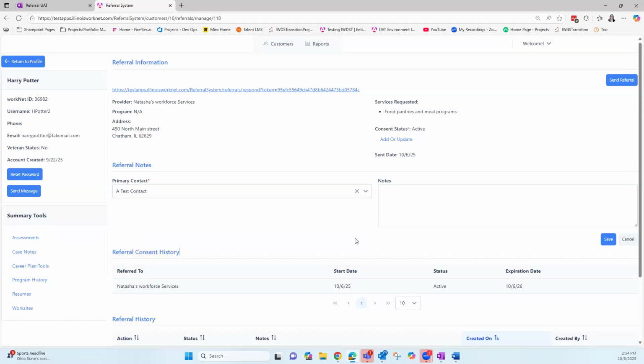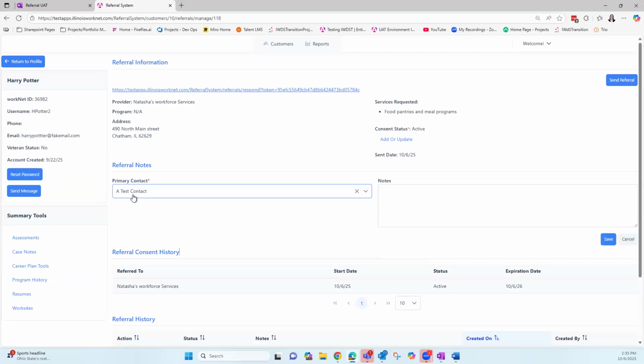We know not everybody got their accounts and everything set up. So we added this @test contact. If you did not have a chance to set yourself up as a primary contact, we're not going to prevent you from being able to go through this UAT. You can still add a referral and add a customer and send referrals for them, but you'll need to use the @test contact